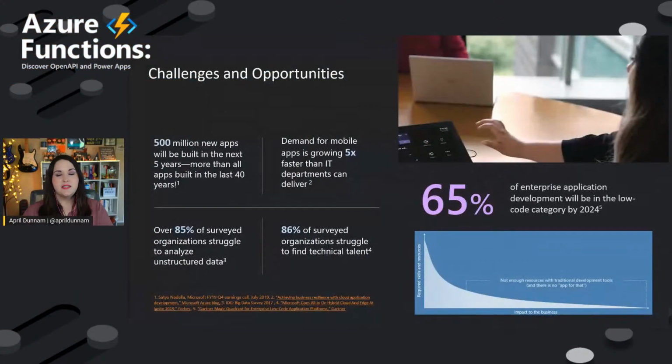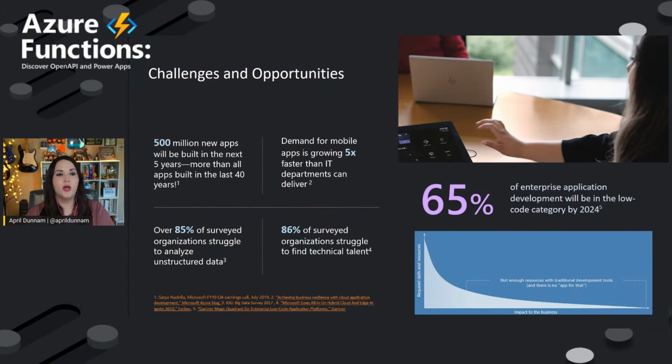And to level set here, I want to talk about the current landscape we have for application development. We have a couple unique challenges and then also opportunities from those challenges. So one of the things we're seeing now is just an overwhelming demand for new application development. Estimates are, you've probably heard these metrics in a few sessions that you watched here, that about 500 million new applications are going to be built in the next 5 years, which is actually more than all the apps built in the last 40 years. So just an astronomical demand for new applications that need to be built,